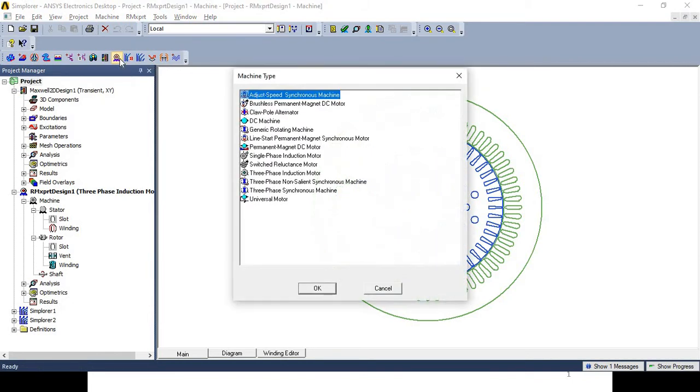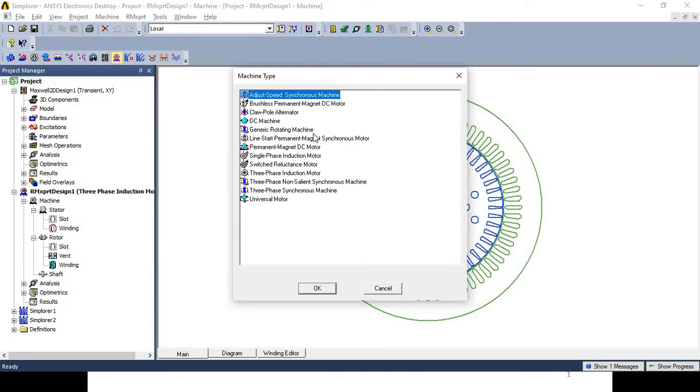When you double-click on insert RMxprt, you can do the analysis of adjustable speed synchronous machine, brushless permanent magnet DC motor, claw pole alternator, DC machine, generic rotating machine, line start permanent magnet synchronous motor, permanent magnet DC motor, single phase induction motor, switched reluctance motor, three phase induction motor, three phase non-salient synchronous machine, three phase synchronous machine, and universal motor.